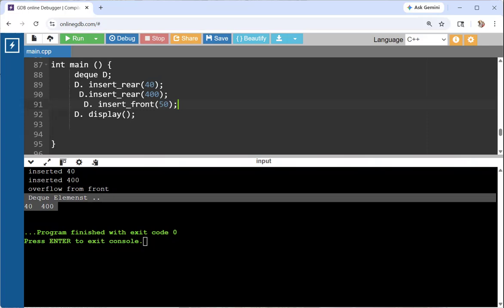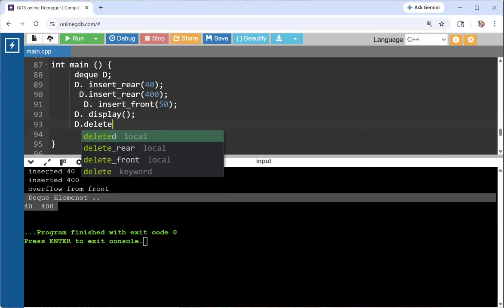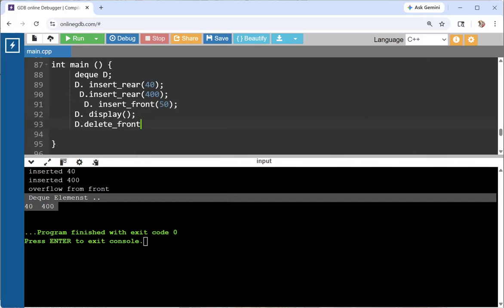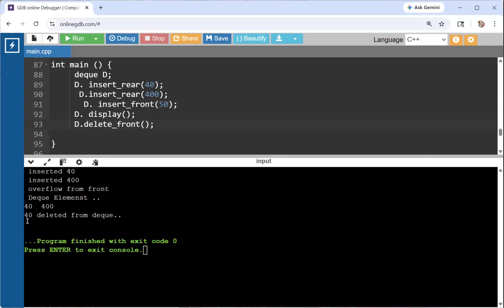तो हम कभी नहीं कर पाएंगे, कर सकते हैं जब आप डिलीट कर दो। चलो पहले डिलीट कर देते हैं, delete from front. So now when you are deleting, front will increase by 1, एक increase हो जाएगा, so front becomes 1, then you can insert. Okay, so now 40 is deleted from dequeue. अब आप अगर डिस्प्ले करवाते हो, डिस्प्ले करवाने की भी जरूरत तो है नहीं वैसे, ठीक है।